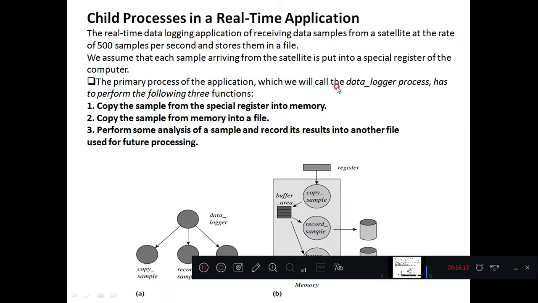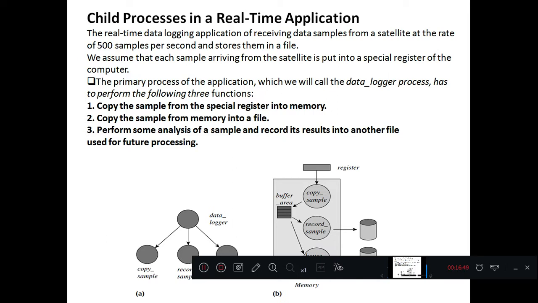Next, we'll move to the next slide, in which we are going to discuss how these child processes can help us to execute a particular application. Let us discuss one application that we have already discussed in the real-time operating system, when discussing the classes of operating system: collecting data samples from the satellite and storing them in memory before the next data sample comes from the satellite.